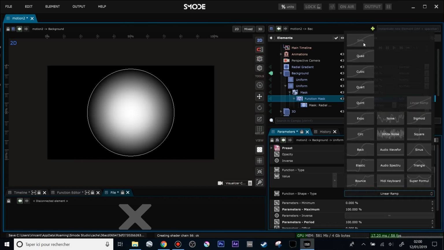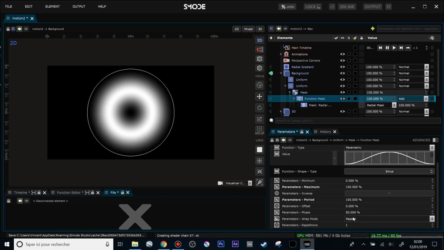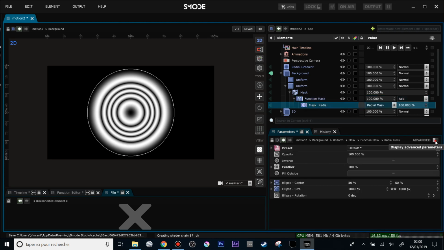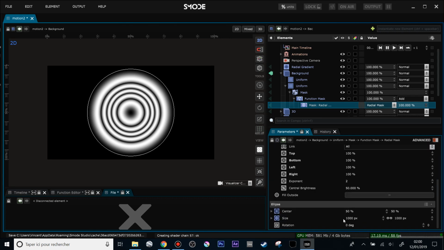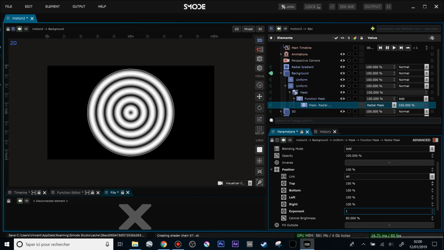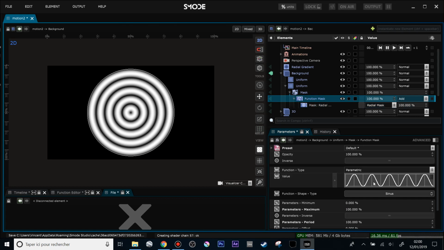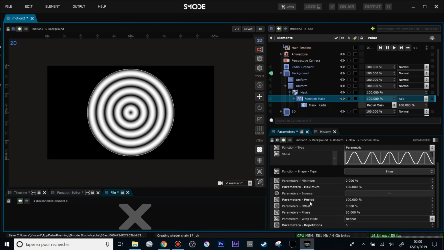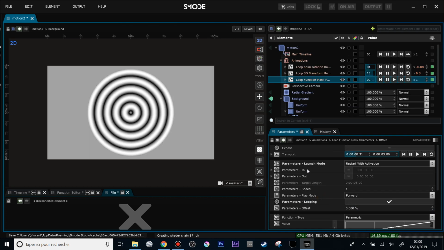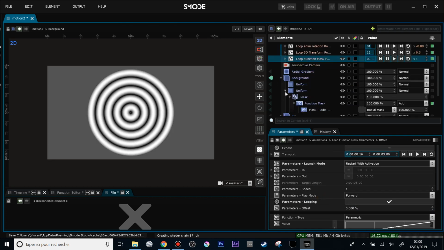And again, let's use a sinus repeated sometimes like that, and here on the feather I will change the exponent of the feather from 2 to 1, and so I have a real linear function. And so now let's put on the period, no, not the period, sorry, the offset of the sinus. Let's put a little linear loop from 0 to 100%. All right, let's put